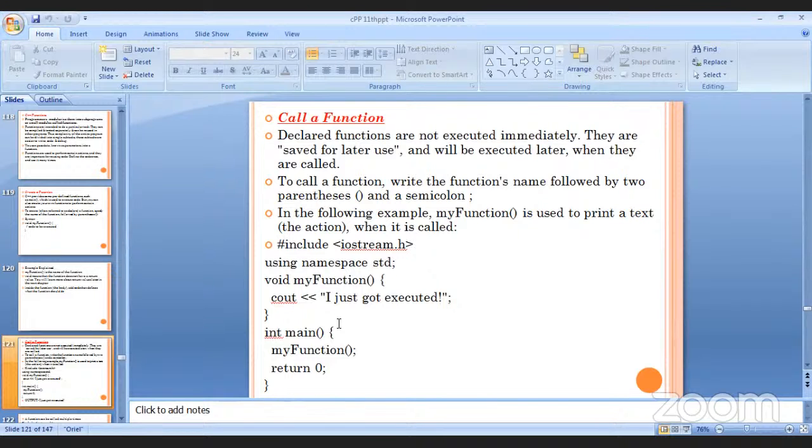So see the example: #include <iostream>, using namespace std; void myFunction() { cout << "I just got executed"; } then int main() { myFunction(); return 0; }